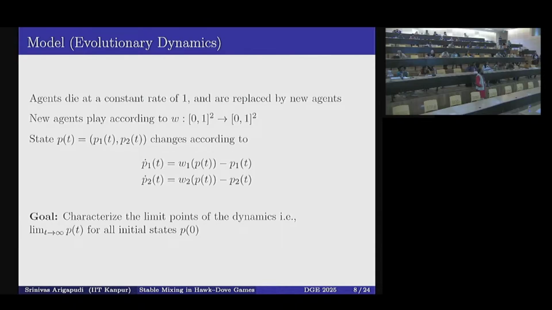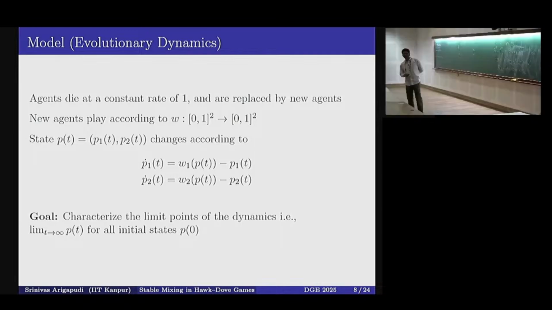It's a scalar, right? W is a vector, W1 comma W2. Okay, so W1 is a scalar. Yes. Okay, W is a vector. And so you are saying that the new agent who enters does not know the payoff matrix. Yes. But you are taking, so if you go to slide 15.